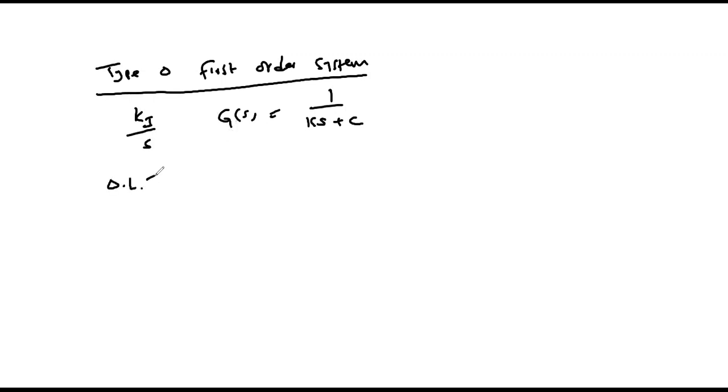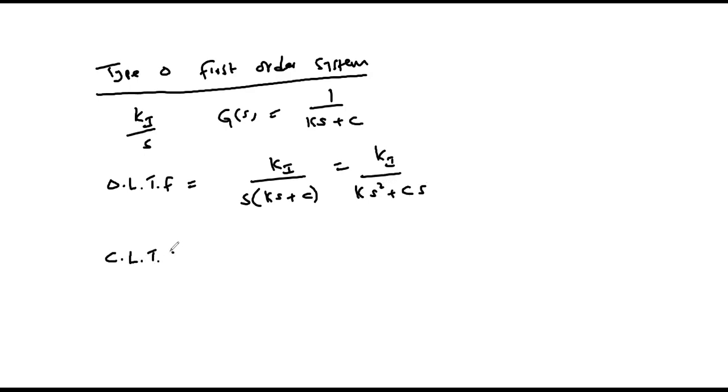The open loop transfer function of the system will be obtained as Ki over s times Ks plus C, which will be equal to Ki over Ks squared plus Cs,